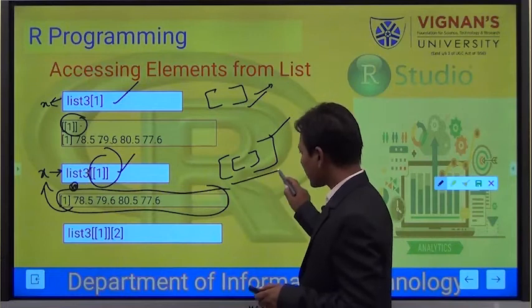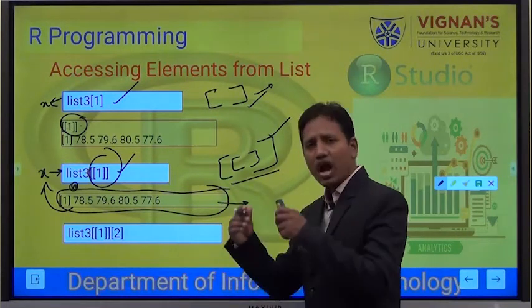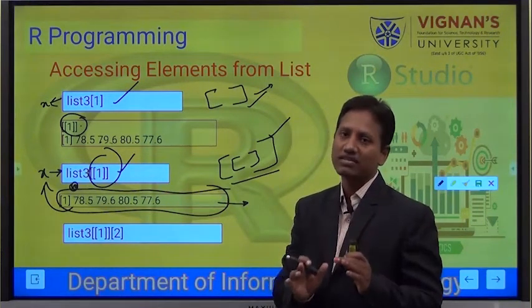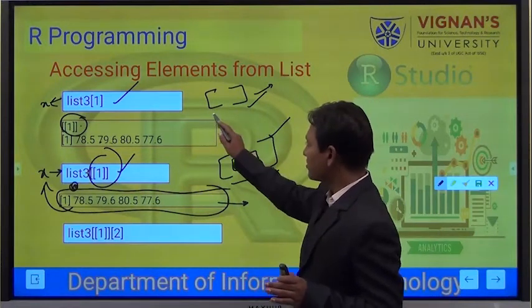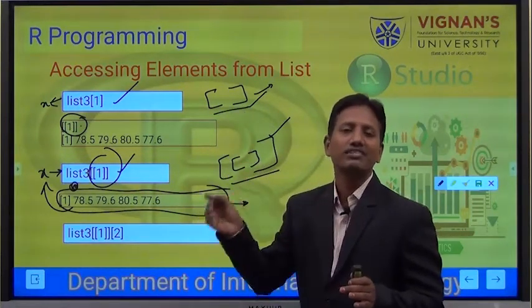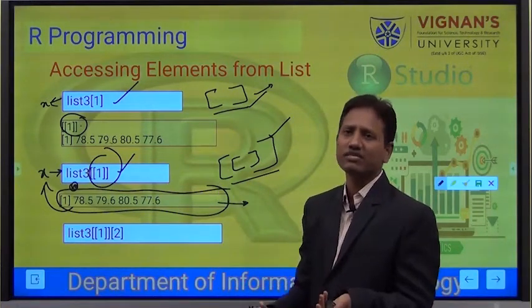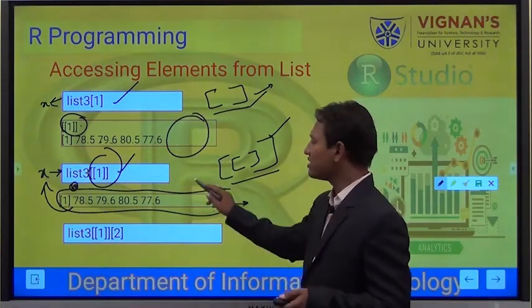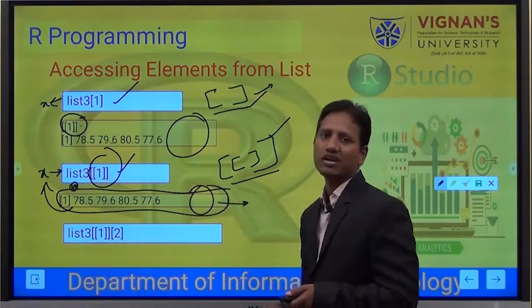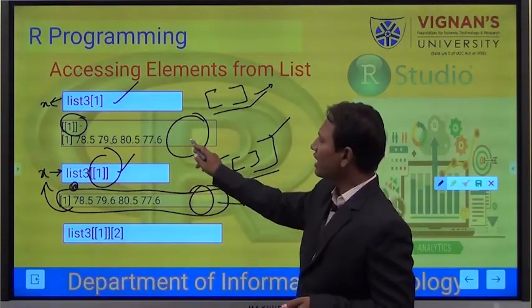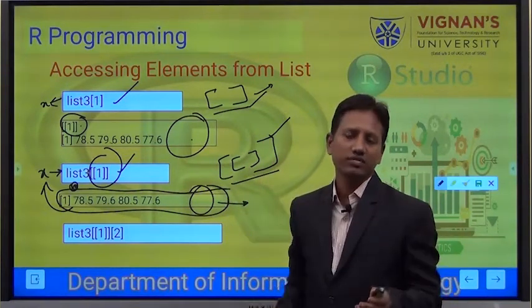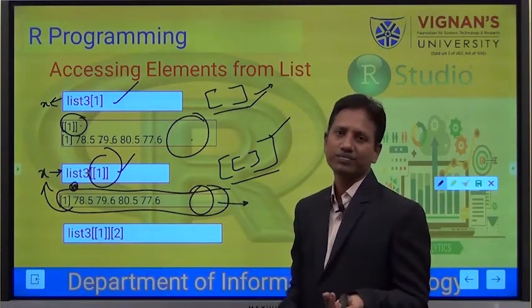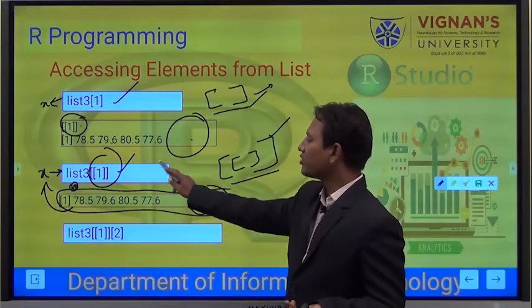When I use this double brackets, the item is going to be out of the list and it is not shown as a list item. Whereas if I use the single brackets, it's going to be shown as a list item. What is the difference? We cannot perform operations on this data, but when we access in this manner, we can perform the operations on this data. This is only accessing as a list item. You can view the things. If you want to perform any operations on the data, you have to extract it as a vector. To do that, we are going to use this double brackets.